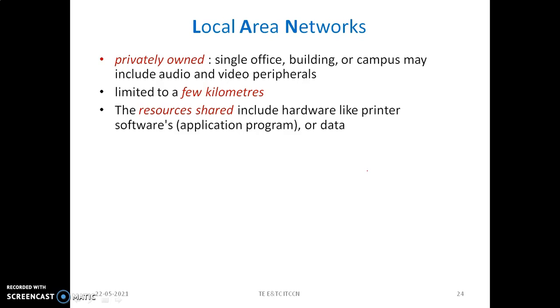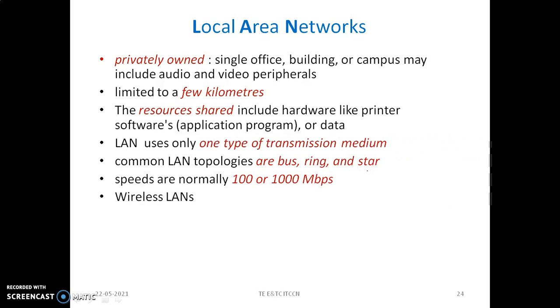We can have the sharing of multiple resources like hardware, printers, scanners, Xerox machines, all of them combined in one model. Also we can have the sharing of different software, application programs or data. Like if you are having a server and client model, then one particular PC with a large drive size can be used as a server, and from that particular machine the rest of the machines can share the particular software. That is what we call an application program. That is also an example of a LAN.